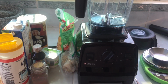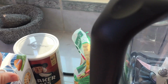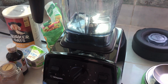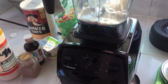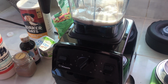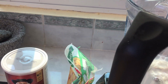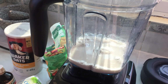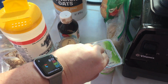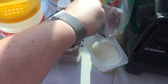So one of the first things that I'm going to want to do is add the milk, because loading the Vitamix in the right order is really important. So I'm going to add about a cup of almond milk, and this is unsweetened almond milk. And at some point, I do want to use my Vitamix to make my own nut milks, my own nut butters. And then you need some plain yogurt,